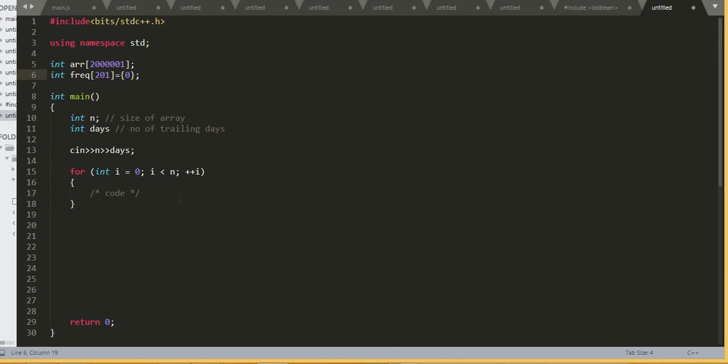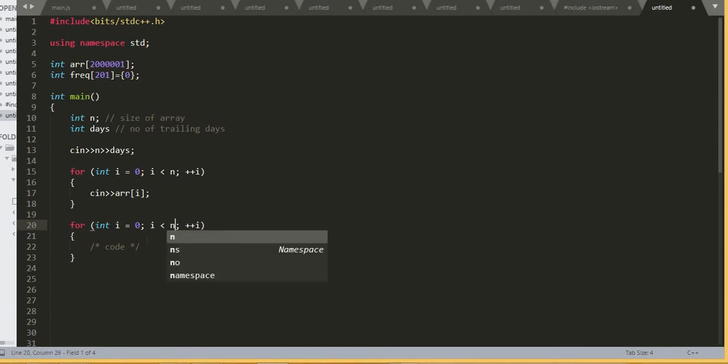Now let's take the input. So this will be cin array of i. After this what we'll do is iterate through our array, and we'll only start our work whenever i is greater than or equal to days.